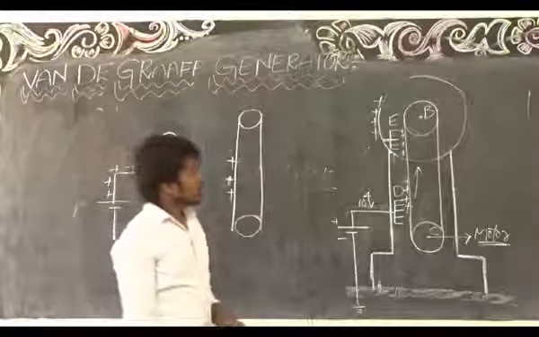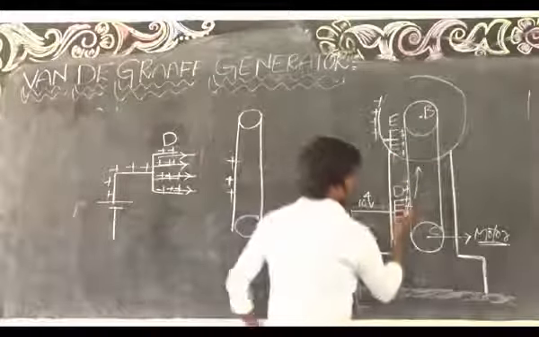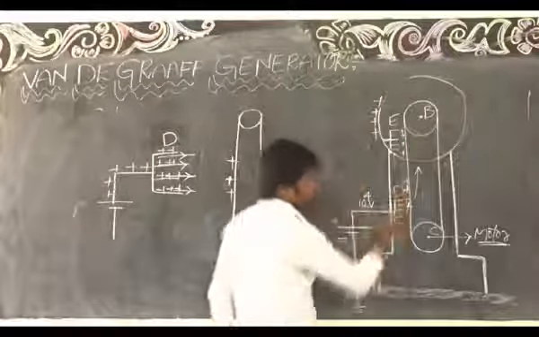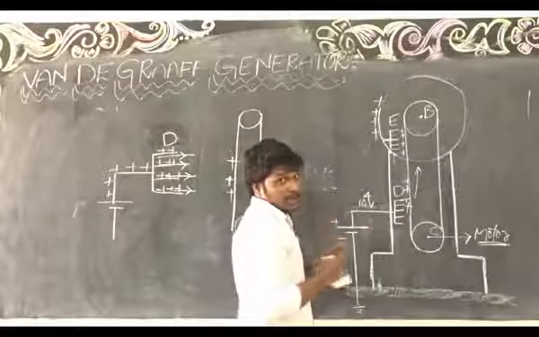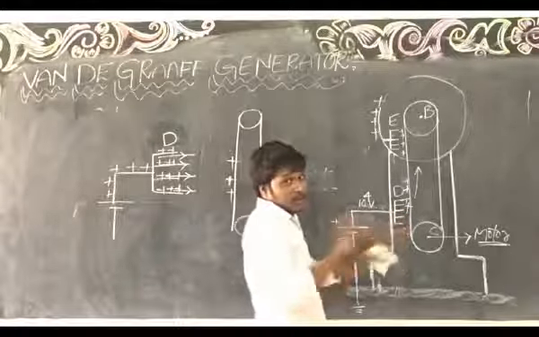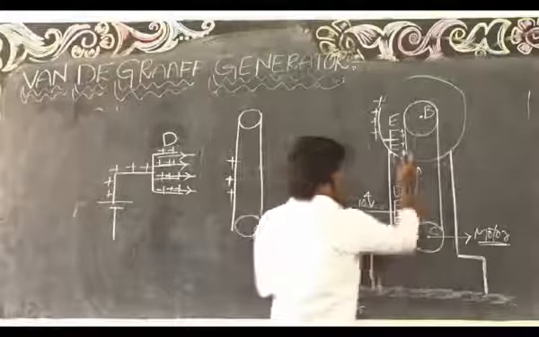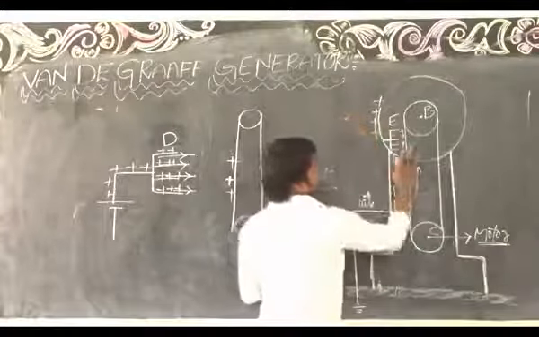Okay. Now again this belt will be here. These 4 positive charges are moved here. I took 4 positive charges just as an example. Again you may doubt why only 4 charges will travel. It is not only 4 charges, I just gave an example. So these 4 positive charges are attracted and transferred to the other side of the sphere.